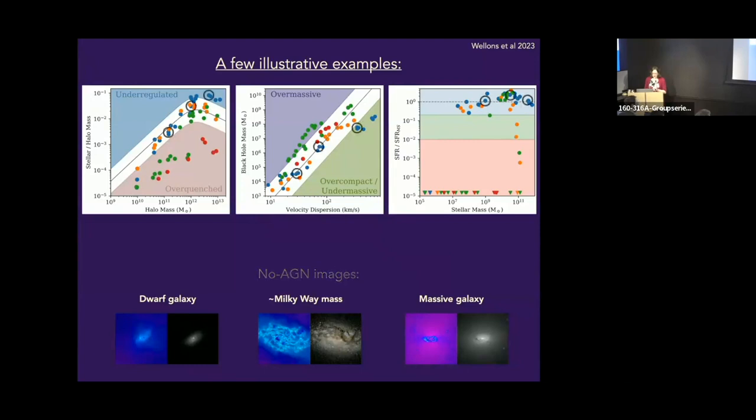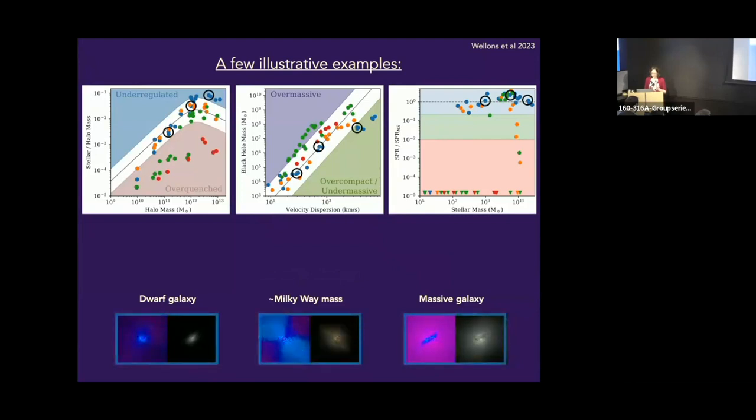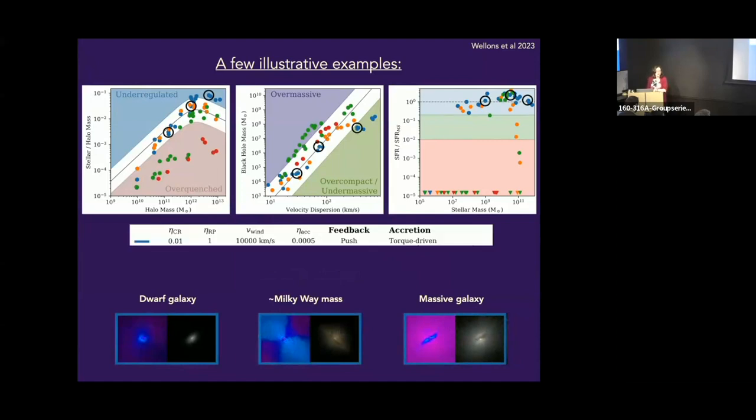If we look at this blue model up here, this is an example where despite AGN physics being included, there appears to be no effect on quenching the galaxy. You can see what those galaxies look like. And this model surprisingly actually has fairly strong feedback. I'll put the parameters up here, but I'll characterize it for you qualitatively. This model has pretty strong feedback in all channels, but a relatively low accretion efficiency. And it doesn't manage to quench any galaxy at any mass.